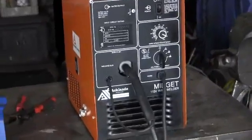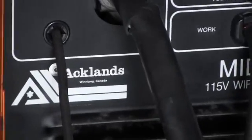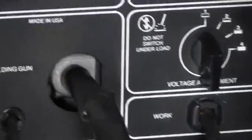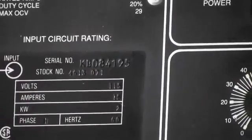It's an Acklands Midget. There's Acklands Granger, Winnipeg, Canada. And there's the Midget. Now we look up here and you'll see KB 084195. Now if you go to the Miller website